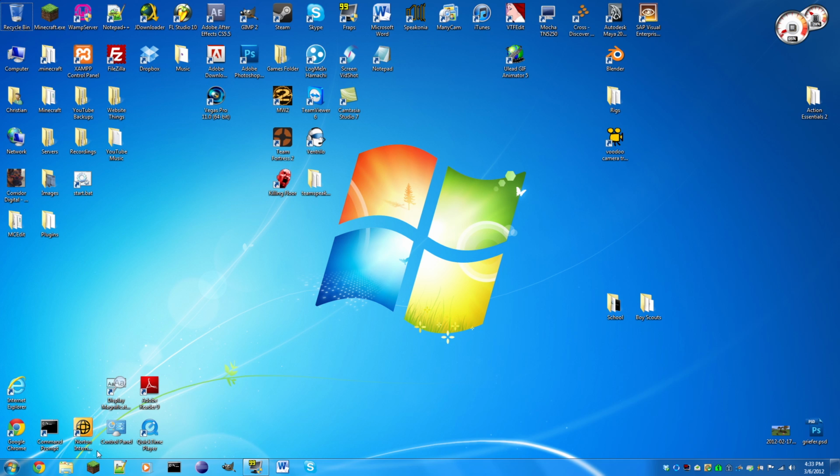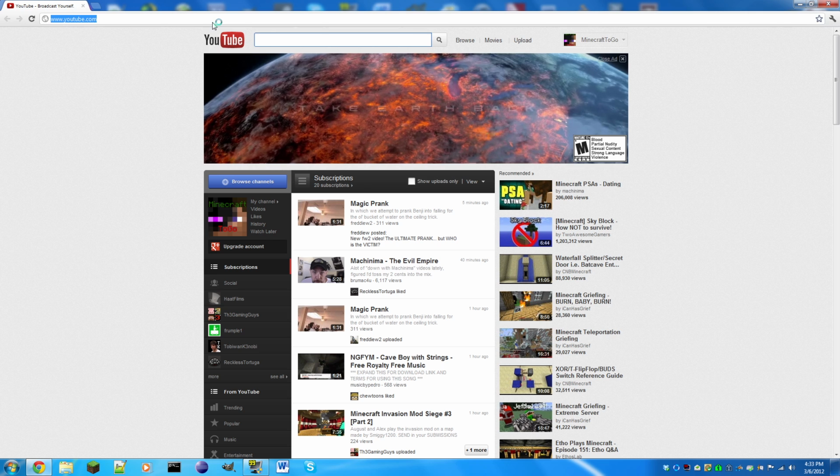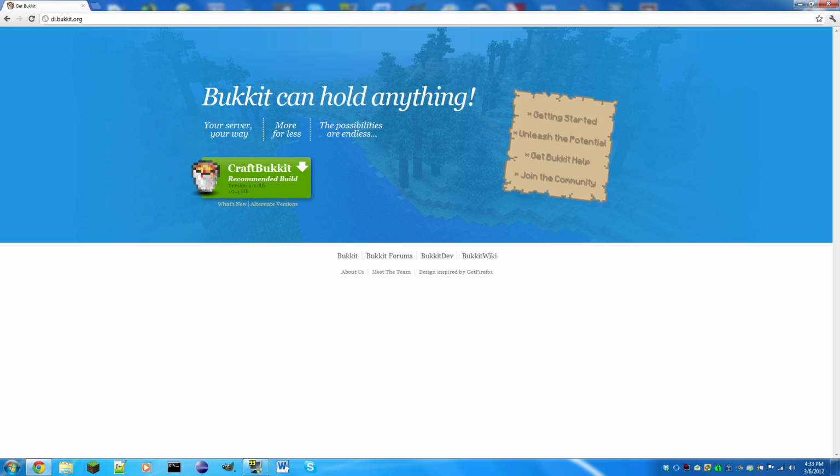So the first thing to do to make a server is go to your favorite internet browser. I will be using Google Chrome. Then we are going to go to dl.bukkit.org, first link in the description, and click this button